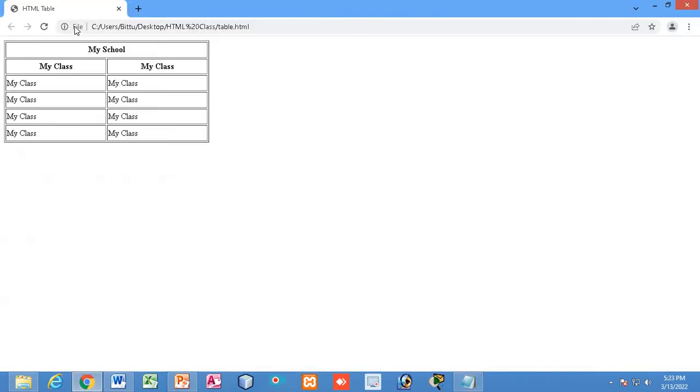Now let me check. See, fine, we have done how to merge cells, how to use colspan to merge two columns, how to use rowspan to merge two separate rows. So I hope you have understood this thing, and